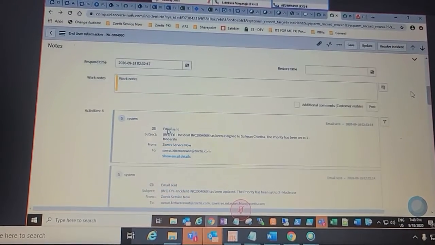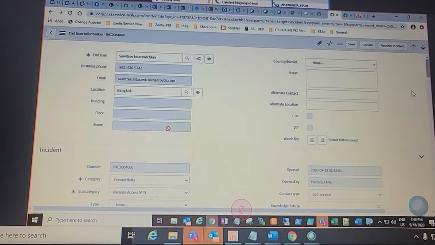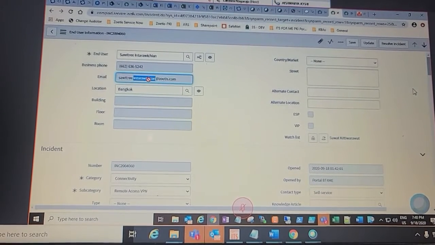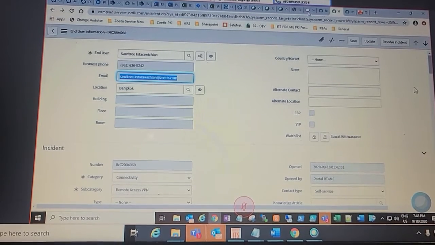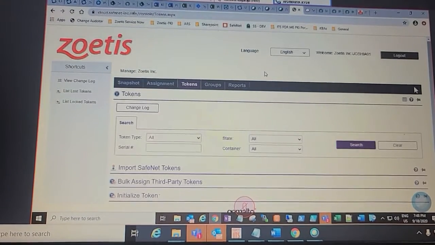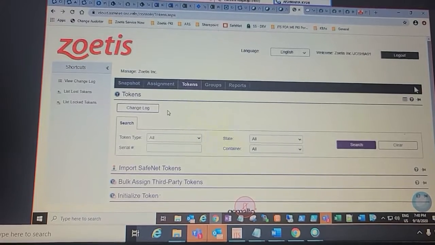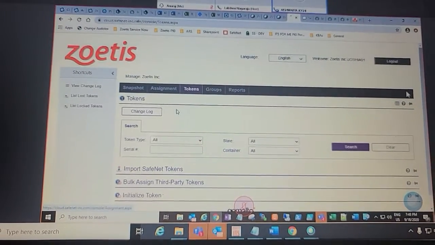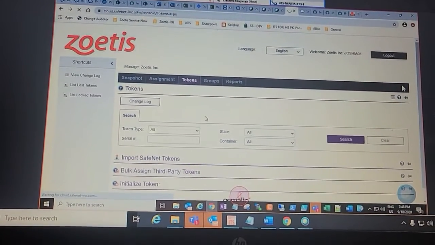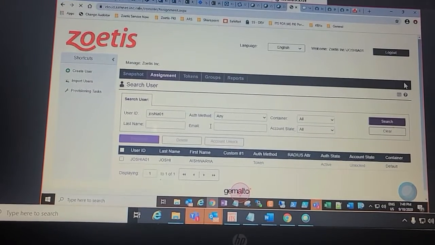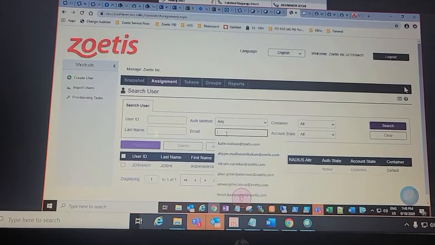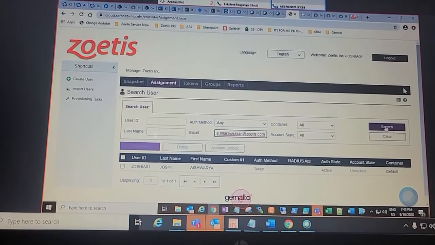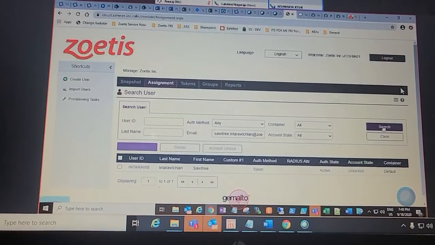That's why the user has mentioned the clear description here. After that, we will search for the end user with his mail ID. We will go to the SaaS portal. Here you will enter the email ID of the end user and search.